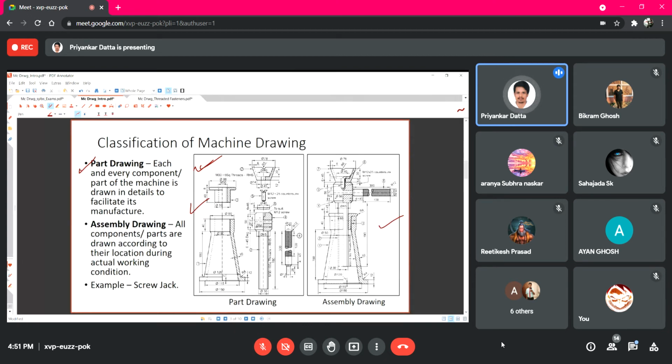So this is just an example. This is very complicated. When you learn about machine design, you will learn how all the components are designed so that they do not fail up to a certain load. When you are designing a screw jack, say for a small car, you may also design it for a truck, right? Definitely the truck load will be much higher, so the design will be different and dimensions will change. For a small car which has a smaller weight, the screw jack will have different dimensions.